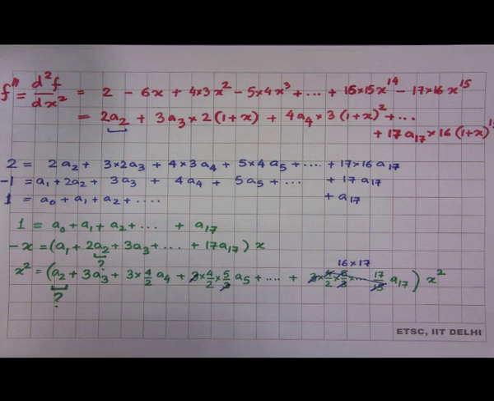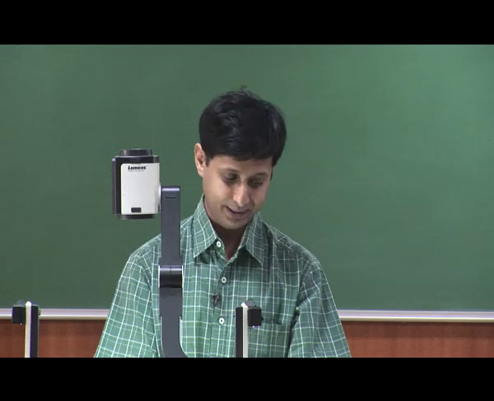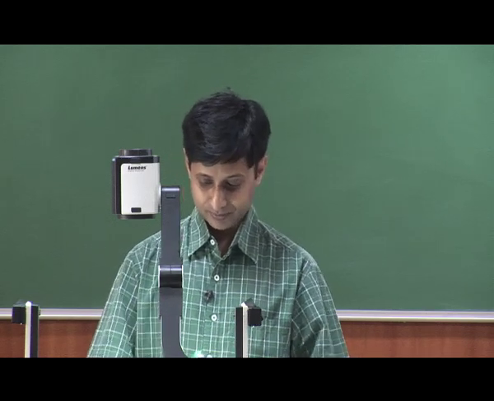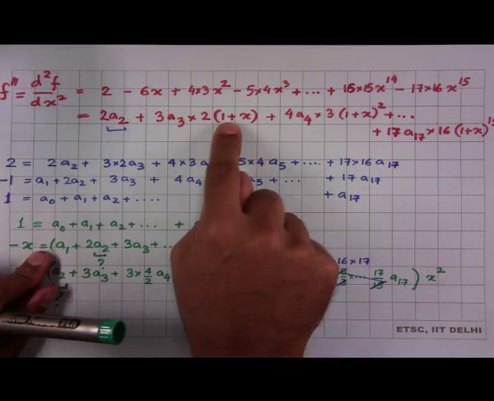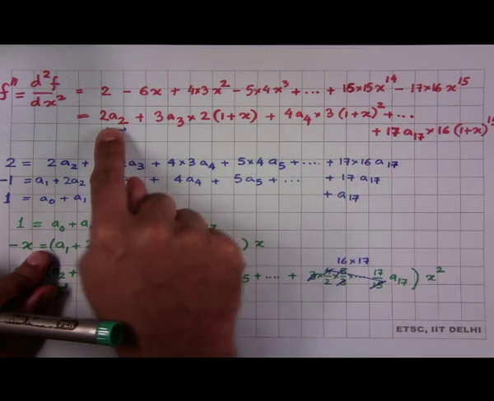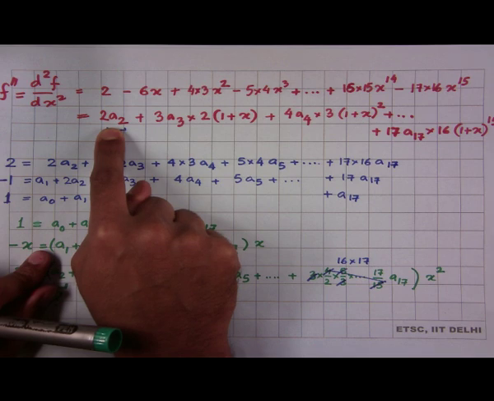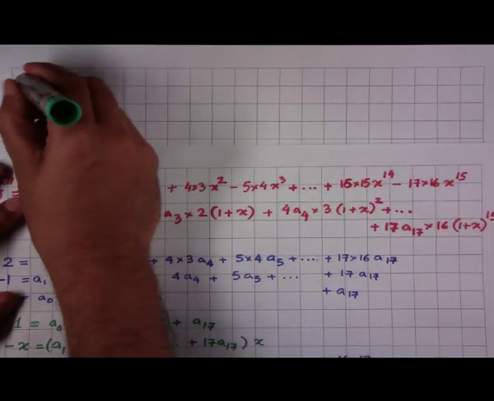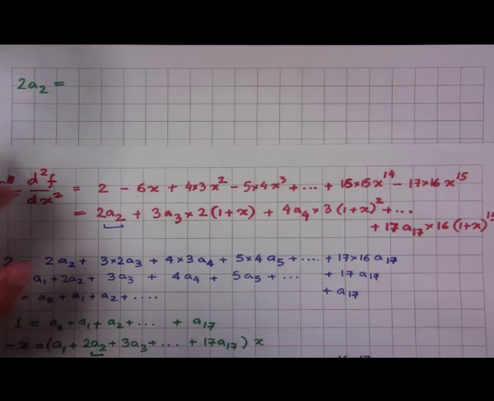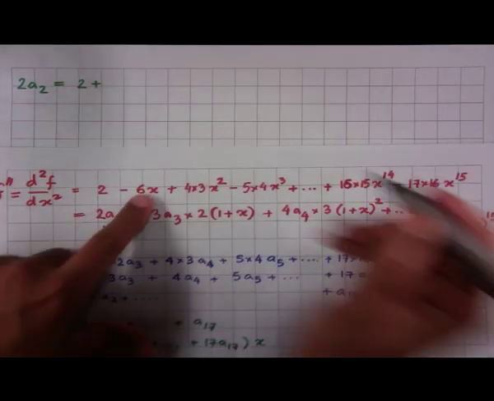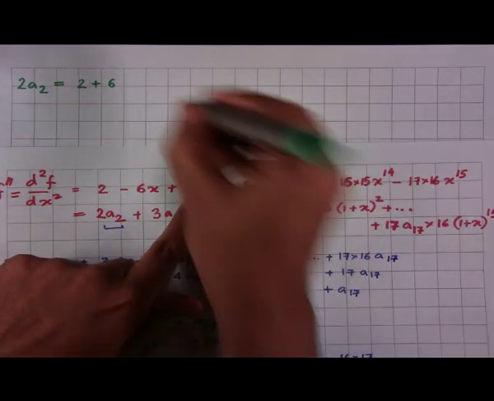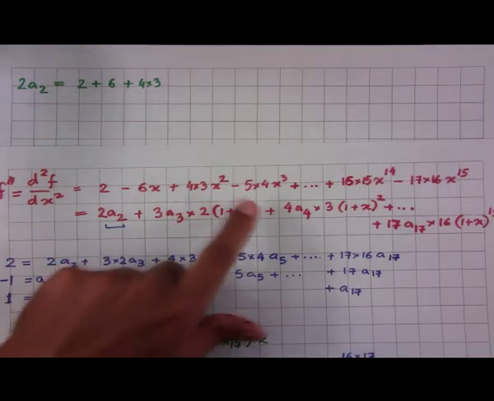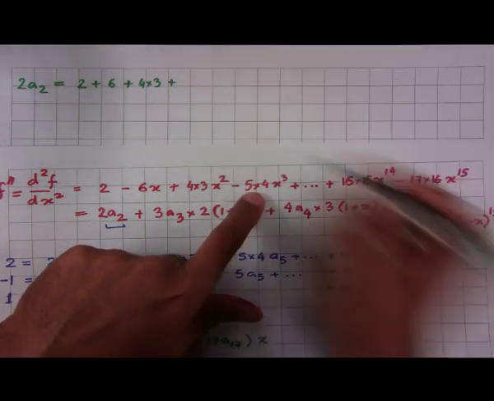If instead of that you plug in x equal to minus 1, what are you going to get? If you plug in x equal to minus 1, this term cancels, all of these cancel, all you are left with is 2 times a 2. Which means 2 times a 2 is equal to 2 plus 6 plus 4 into 3, which is 12, plus 5 into 4